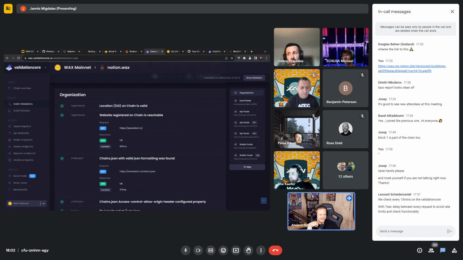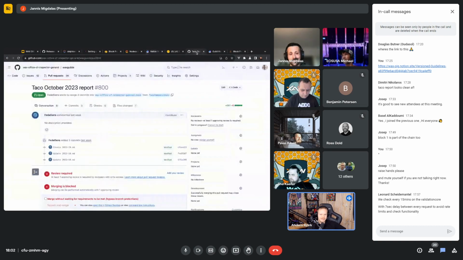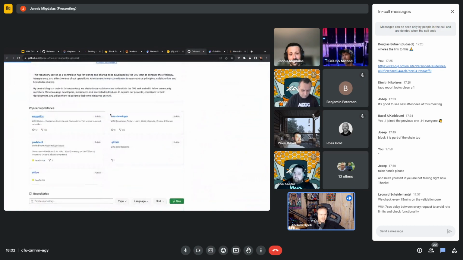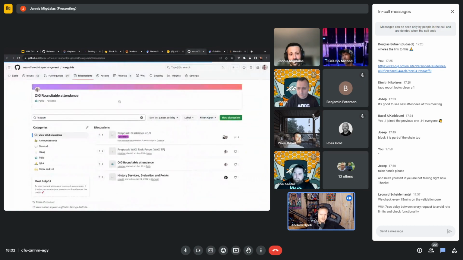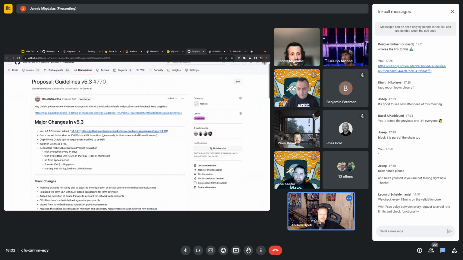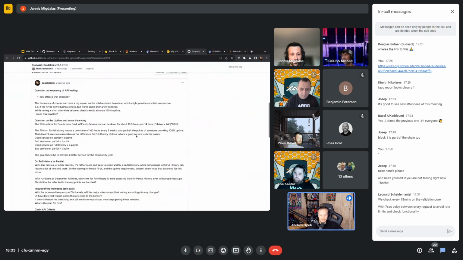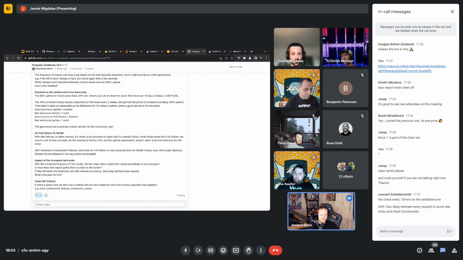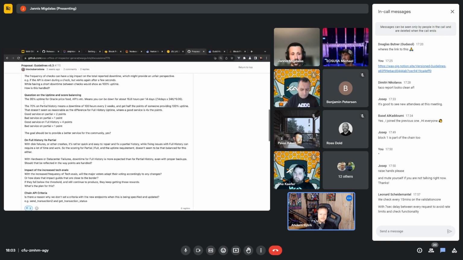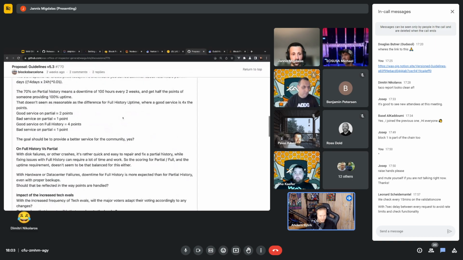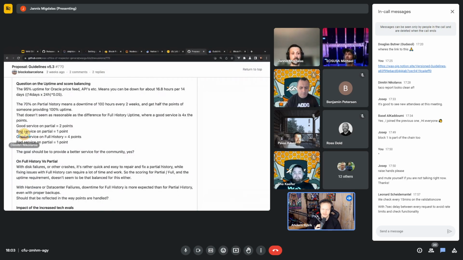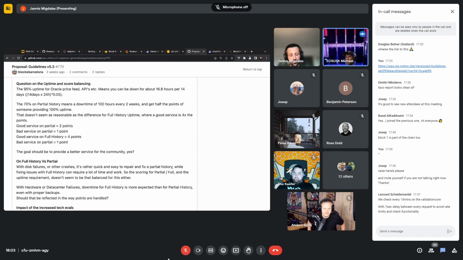Yeah, exactly. I wrote a post 2 weeks ago, with no comments, on GitHub discussion of this exact situation. But essentially the Oracle, for example, can be down for 16.8 hours per 2 weeks and you still get full points for it. And the API, if you build a service and you rely on APIs that have 16 hours downtime every 2 weeks, it sounds crazy. But yes, I don't know if it should be harder, because then for what purpose. Well, the Oracle is also not dependent upon one.